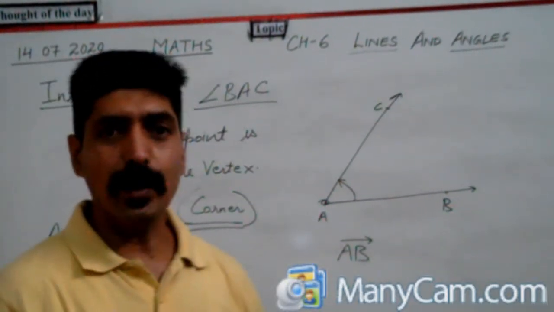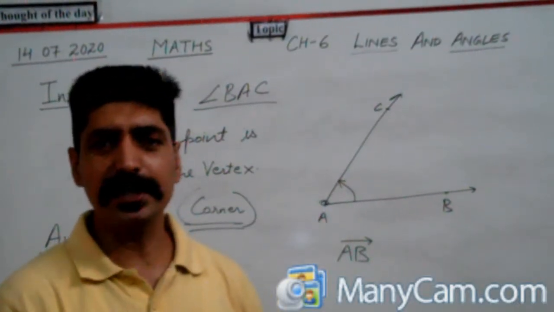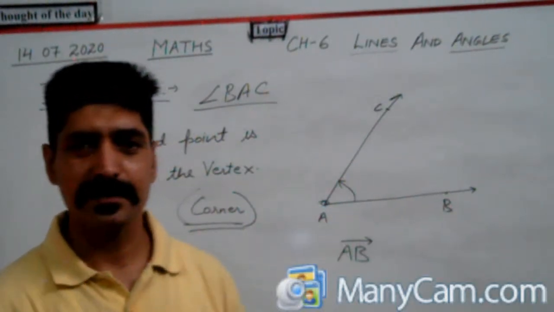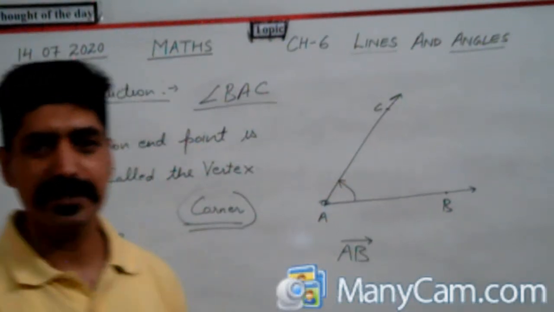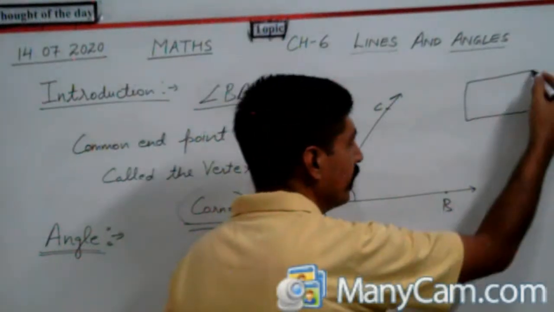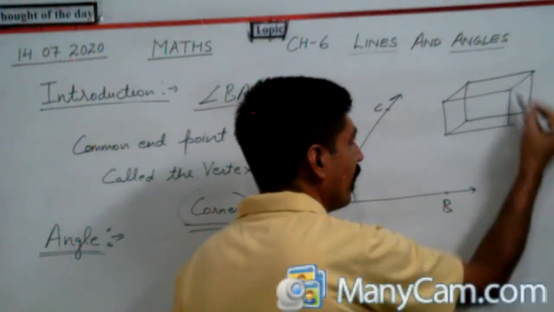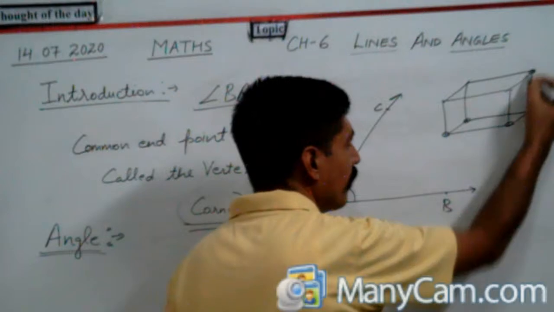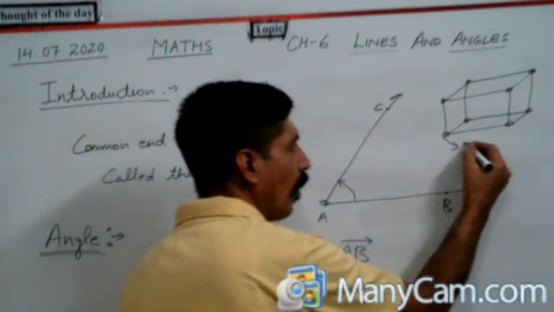One example: we are all in a room, and our rooms are generally of cuboidal shape. So how many vertices do we have? We have a total of 8 vertices, 8 vertex points, right? And what are these vertex points? Suppose the room where we are presently, like a classroom: 1, 2, 3, 4, 5, 6, 7, 8. So the corners are called vertices,